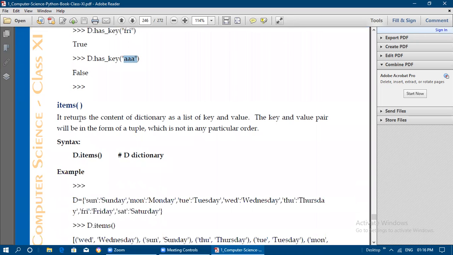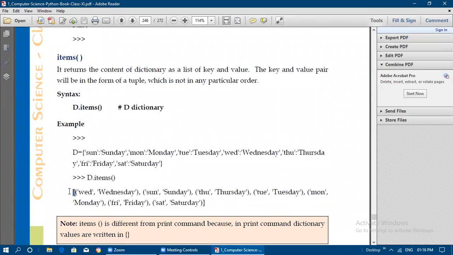Next is items. The items method returns the content of the dictionary as a list of key-value pairs. See here, as a list of key-value pairs, within parentheses every key-value pair is displayed. So this is the use of the items method. If you call d.items, the dictionary already has elements from Sunday to Saturday, so it returns the content of the dictionary as a list of keys and values.